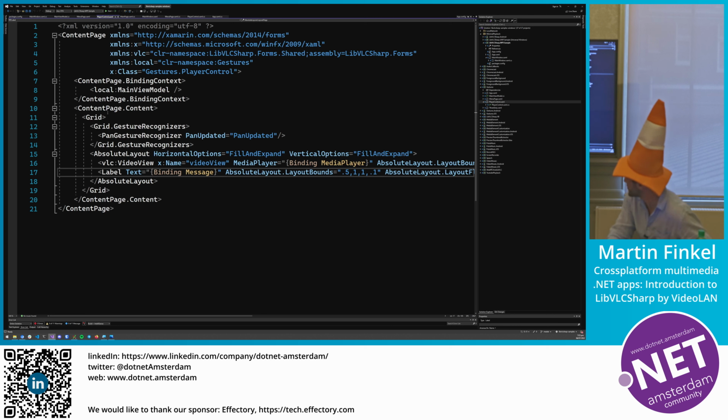And you have a gesture recognizer here, which tracks when you're touching the screen. And then there is an absolute layout with a VLC video view and data binding with the media player. And then the label just shows the direction of your swipe, if you're top swipe, bottom swipe, left swipe.